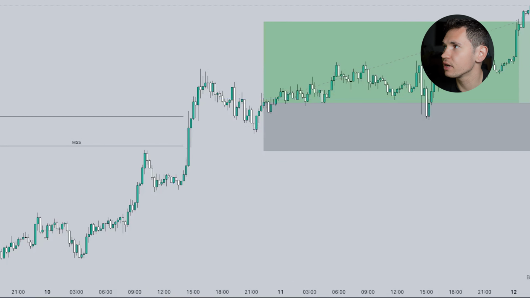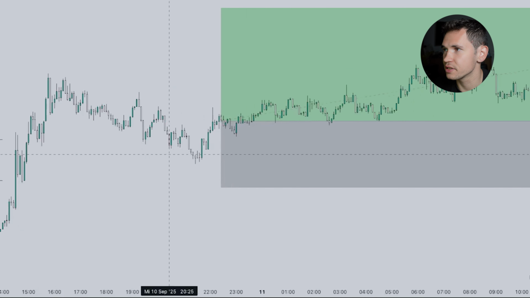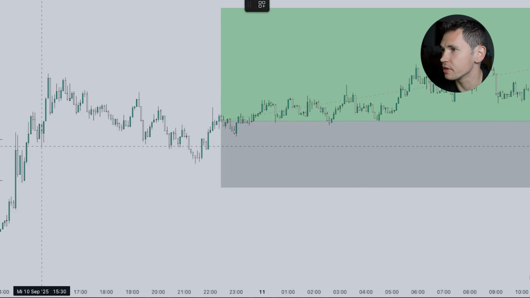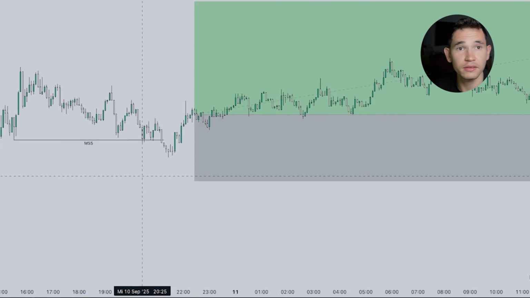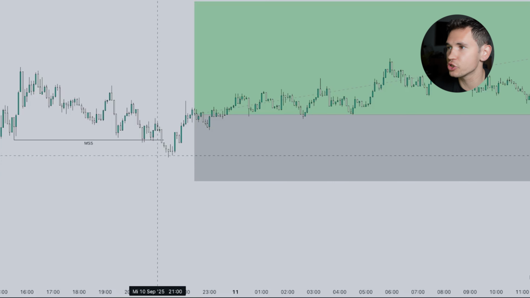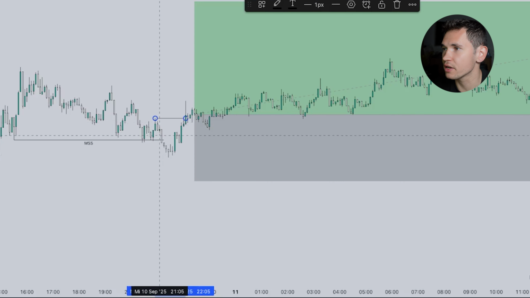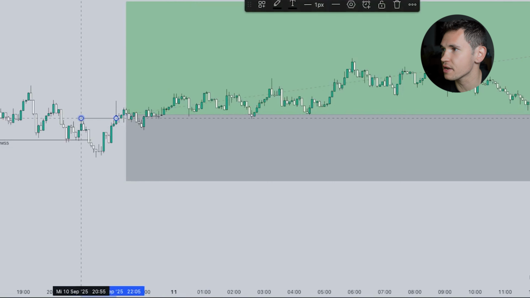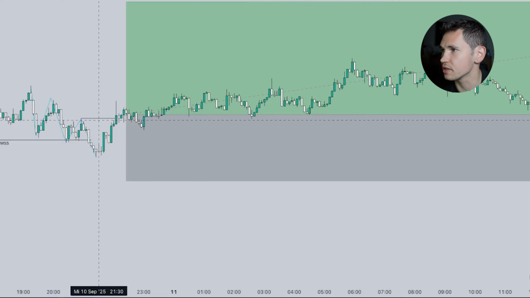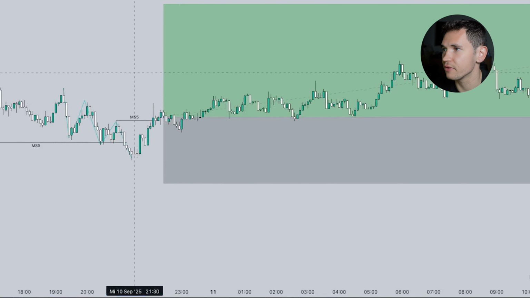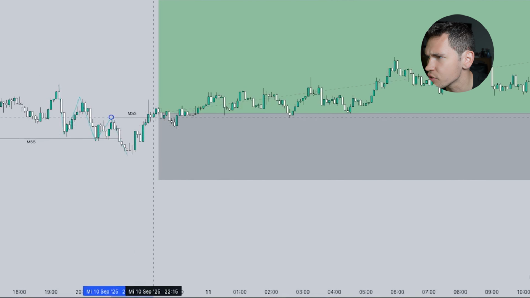Then I went even on the lower time frame, M5. As you can see, we were in an uptrend, then we switched structure bearish right here. But hour 4 is bullish, hour 1 is bullish, so I'm anticipating a fake break and we will pump higher. So I waited after this break for a new market structure break, and this was the high to break, guys. We broke down here and this was the high to break. So we broke this on the M5, and once we had a proper market structure break, as you can see,